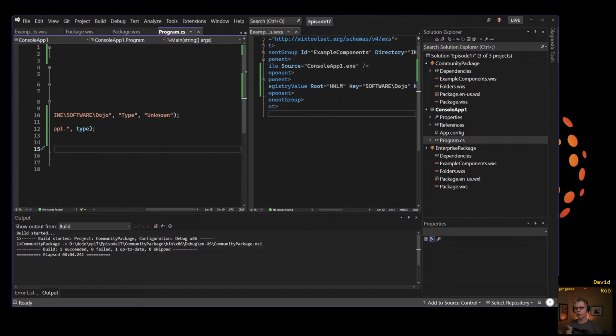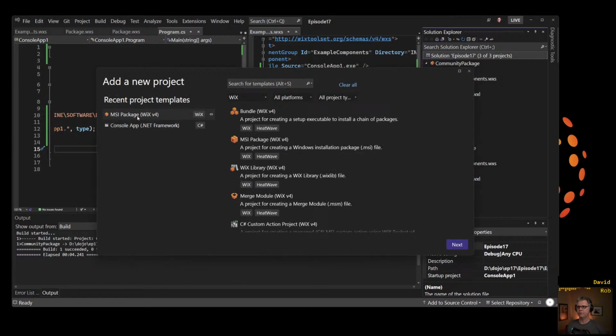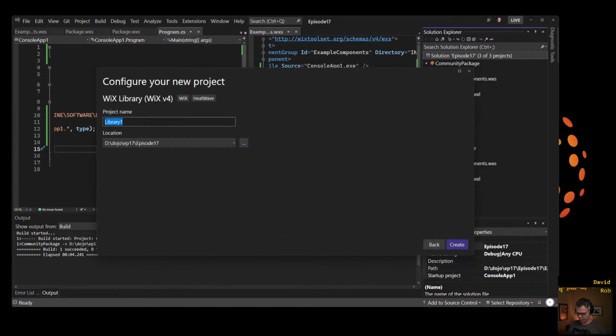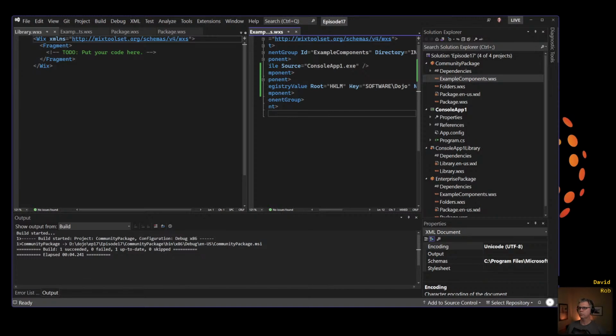Then we'd have to go and remember to update it in 2 places. Right. We have a solution to that. We're going to create a library now. So instead of having to maintain it separately, I'm going to create a WiX library here, and we're going to call this console app1 library. And we're going to take all the common stuff and put it in there,